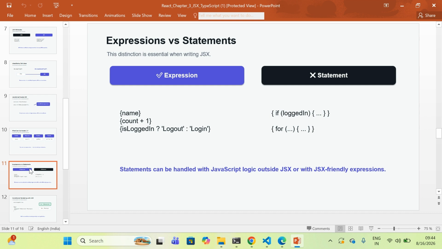So this won't work if we write an if statement there. We can use a ternary expression or move the logic outside the JSX as well. Once we understand this distinction, JSX errors that initially look confusing become much easier to understand.